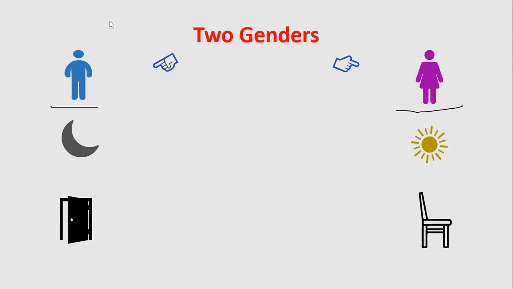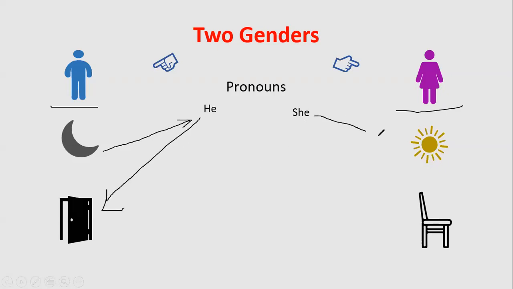I will tell you what happens. First of all, we will have different pronouns. So we have he for masculine and she for feminine. When I say he, I don't mean by that a man or a woman, no. When I say he, maybe I'm talking about the moon, or maybe I'm talking about the door, and she, I'm talking about the sun or the chair. So he and she